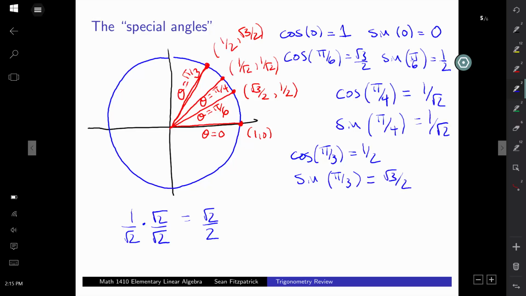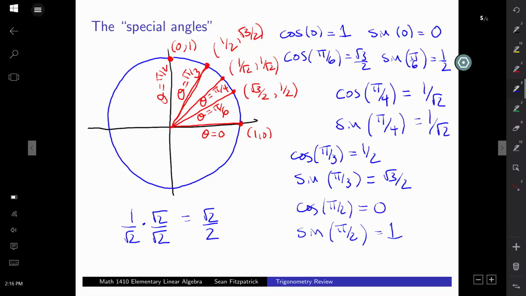root 3 over 2. The last one that we'll mention is up here at the top. When theta is equal to pi over 2, so a right angle, a 90-degree angle if you want to work in degrees. That's where x is equal to 0 and y is equal to 1, so that one again is pretty easy. We have that cosine of pi over 2 is equal to 0, and sine of pi over 2 is equal